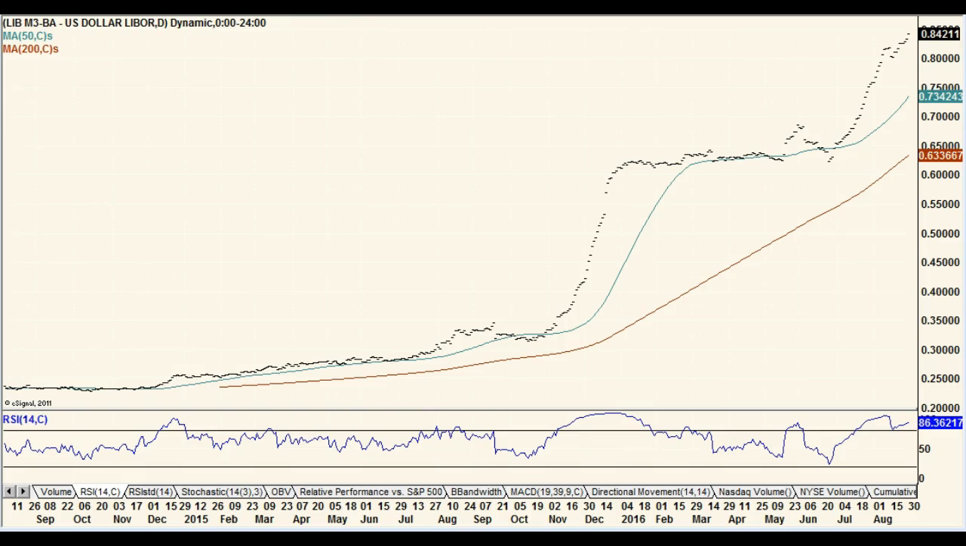This is LIBOR, and yes, there were some rule changes and the contract did jump, but even without that, or even including that, this is a rising trend, and it makes new high after new high here. So there's something happening. And if we just take a look at the 3-month rate,